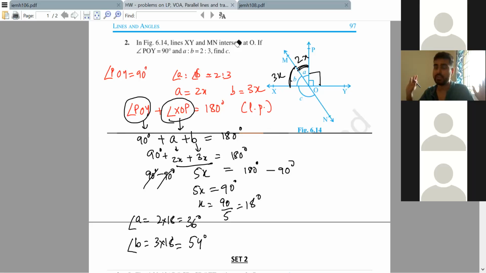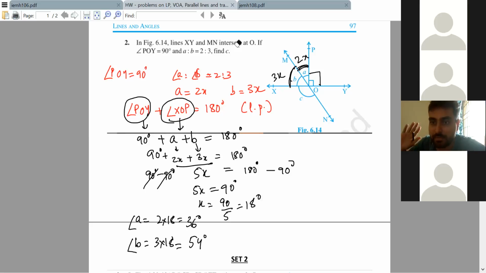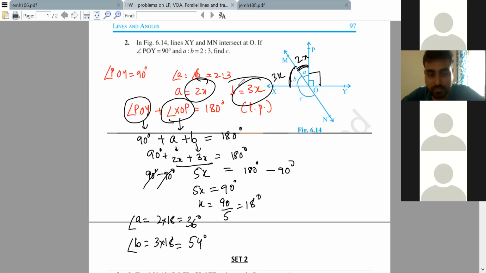Now you're solving that equation. Forget about degrees, forget about everything; now you have an equation in x. One equation, one variable, you're able to solve. Yes, sir. That's how we come to the part where we have x equal to 18 degrees. Once we get the value of x, we can find the values of A and B. Are we good? Yes, sir. Any questions now? No, sir. Clear.